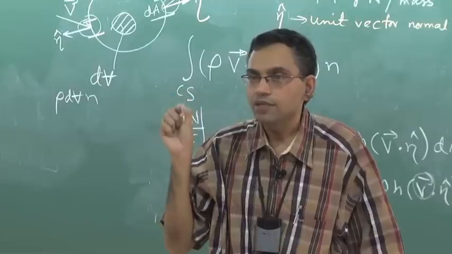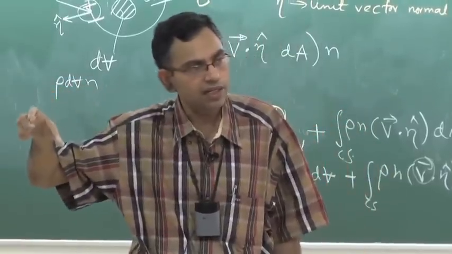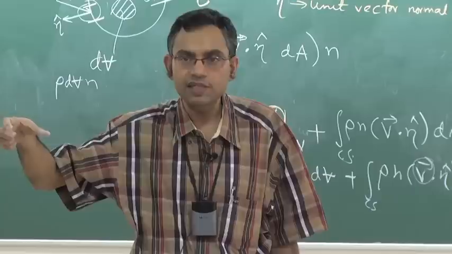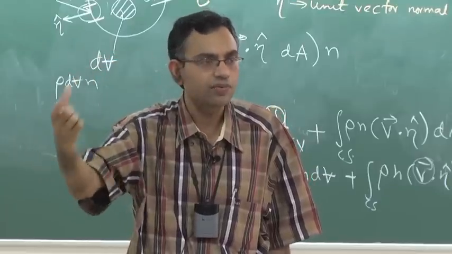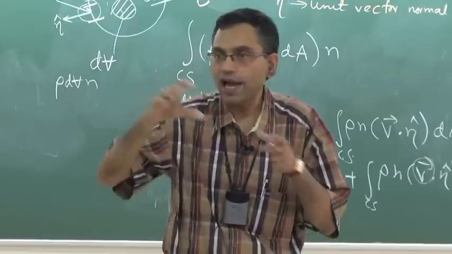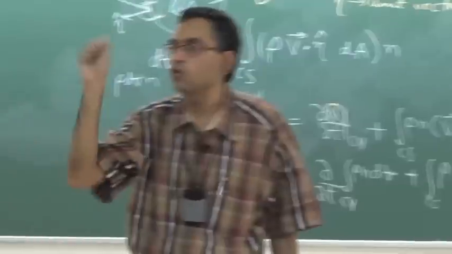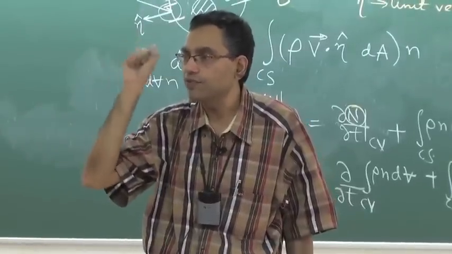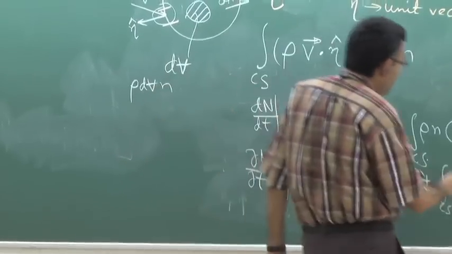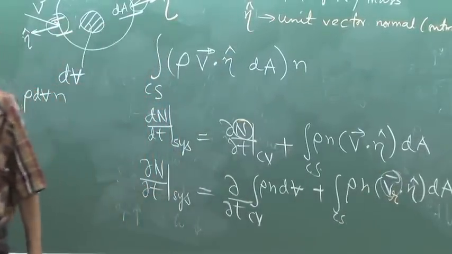0, right? Because the tank is moving at 1 meter per second, and in the same direction water is also moving with 1 meter per second. So, there is no relative velocity of water with respect to the tank. So, the flow across a control surface depends not on the absolute velocity, but on the velocity of the fluid relative to the control volume. So, this V must be VR, velocity of fluid relative to the control volume,